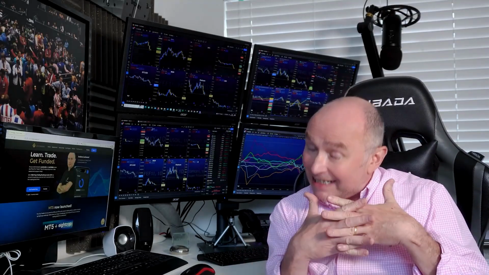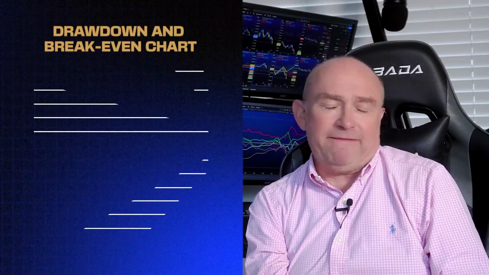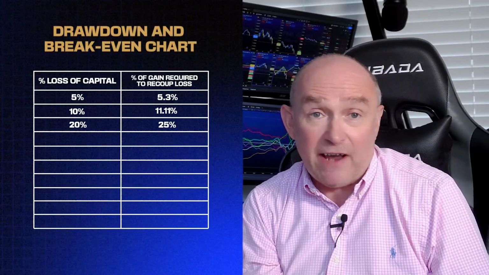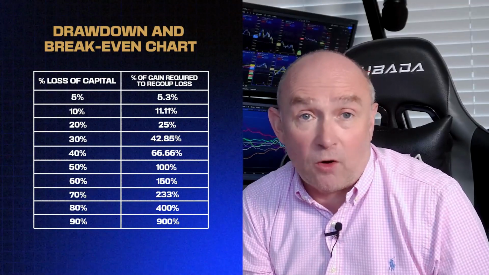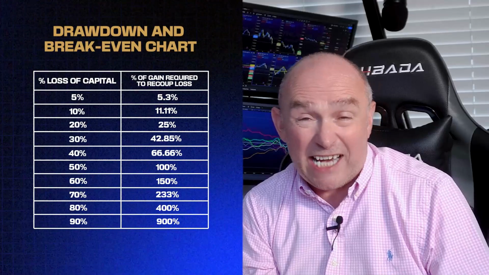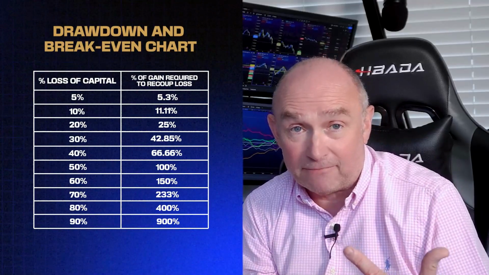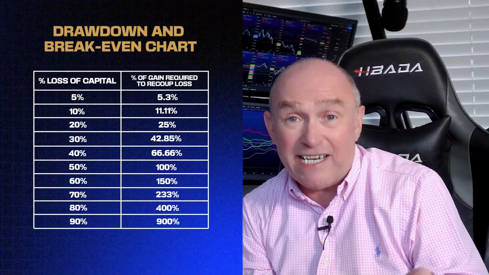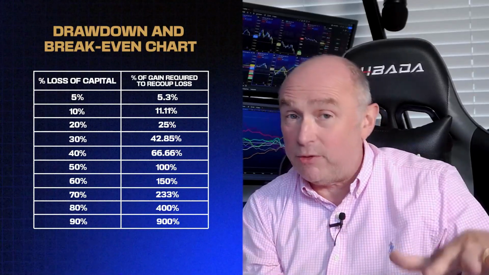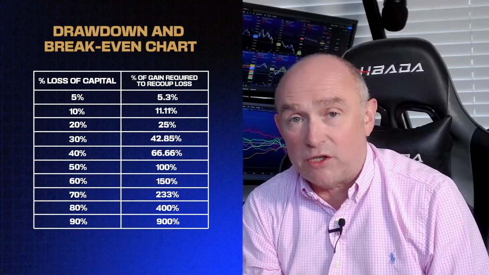Recovery from a drawdown isn't as simple and straightforward as you may think. If you have a loss of say 5%, you need to gain 5.3% just to break even. If you lose say 20% of the account, you need a 25% gain to break even. And think about this, if your account goes to 50% drawdown, you need 100% gain just to recover to get back to where you started.